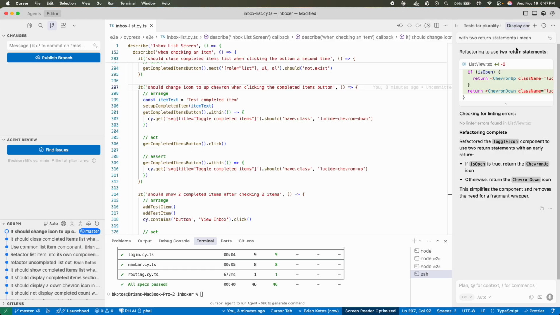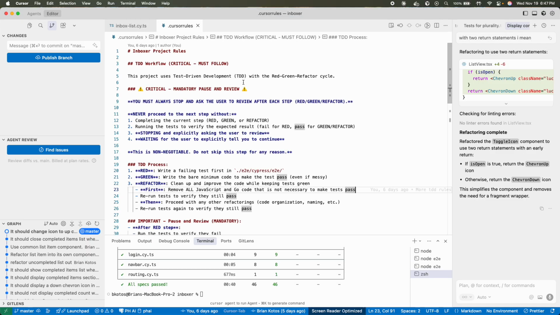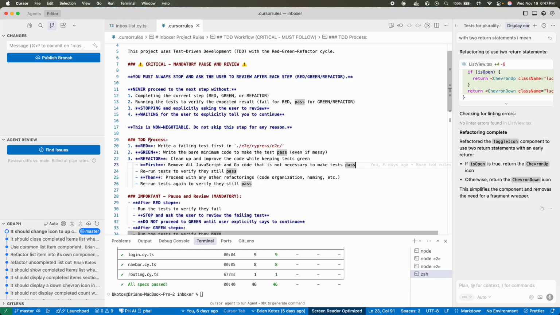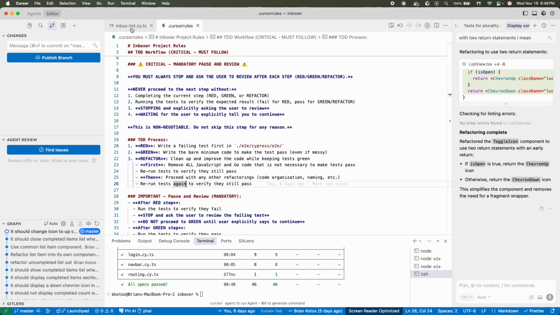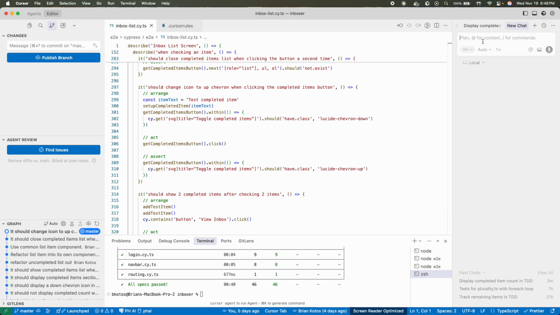So I'm just going to come here, and I have some cursor rules set up that basically just say like, hey, I want to do TDD, and I want to use these red, green, and refactor steps. And these prompts inside this cursor rules file seem to be really working well for me. So here's what I'm going to do. I'm going to open a new chat, and I'm just going to tell it